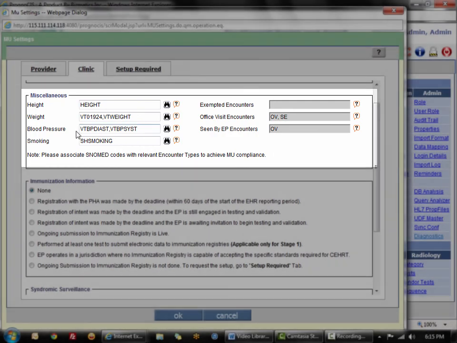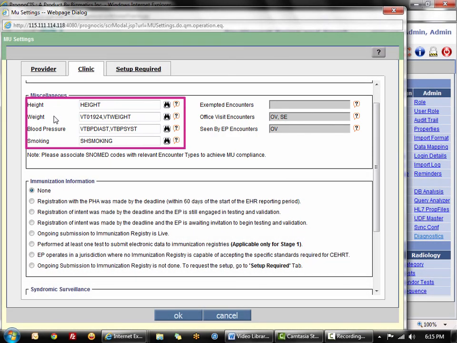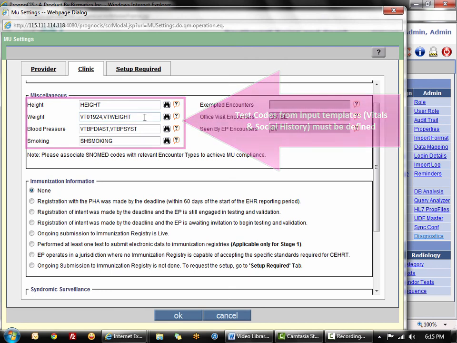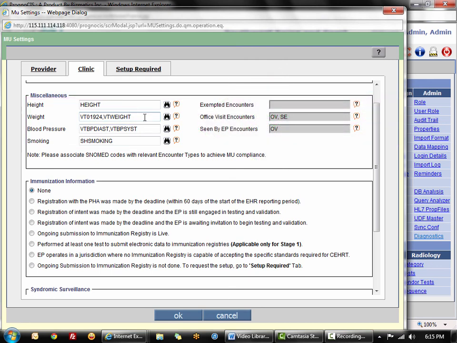On our left-hand side, we have our height, weight, blood pressure, and smoking questions. These are elements that must be captured on your meaningful use report, and they are representative of the test codes on your templates. If you have customized your templates and created questions that are not these default system codes, you must come in here and define the code that matches the question that you have created in order to get